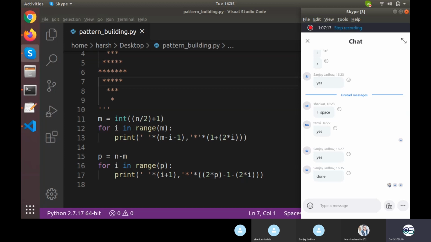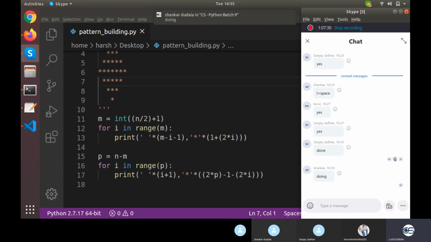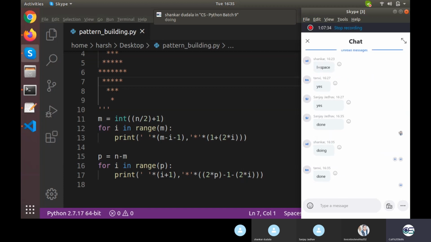What about others? Are you done with this or still waiting? At least give some response so that I would be aware of what is going on at the back. I hope it is working on all of your systems.